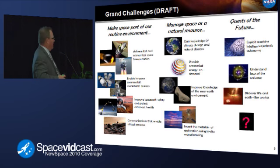Fast and economical space transportation, enable in-space commercial marketable services. We're doing a lot of research into those areas right now. In fact, those two are sort of the product of some activity that we've been doing internal to NASA and working with industry to try to understand where some of the really high leverage points are, where NASA can help enable some commercial activities. And low-cost access to space is a clear enabler of many, many different things, and can